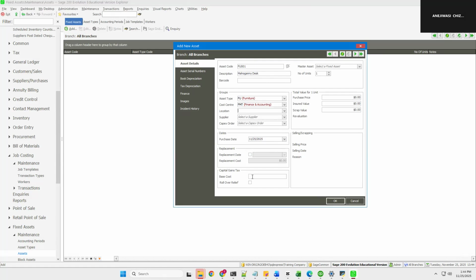Then the capital gains tax. This is applicable to your buildings. For buildings, you've got capital gains tax that is supposed to be paid. So you put what we term a base